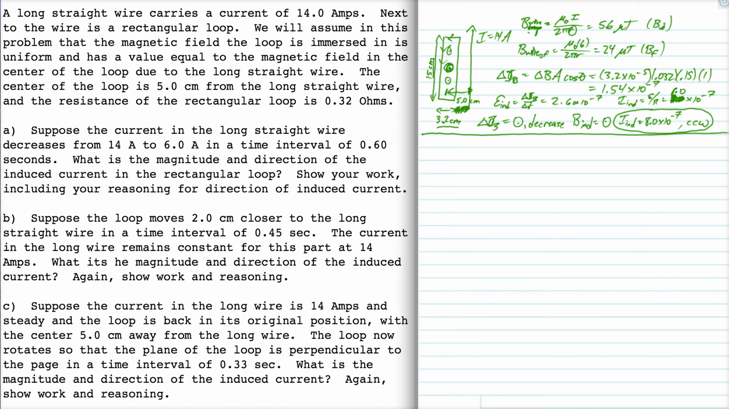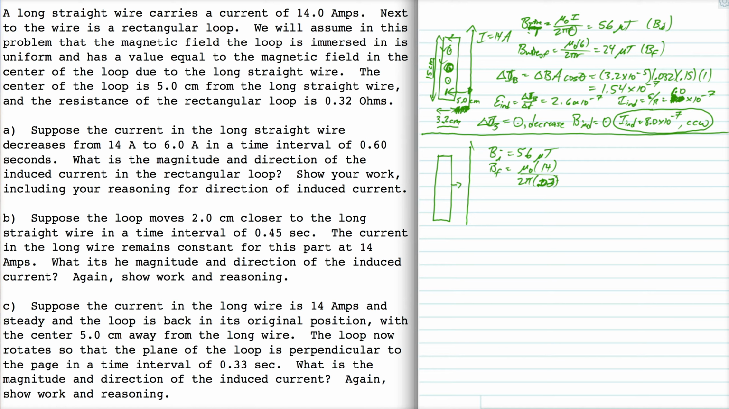Alright, now for part B, the loop actually moves closer to the wire. So again, here we are, and we've got our loop, but now the loop is moving closer to the wire. It moves 2 centimeters closer. So our initial magnetic field is 56 microtesla. Our final magnetic field is mu naught times that same initial current, 14 amps, but now we're dividing by 2 pi times 3 centimeters,